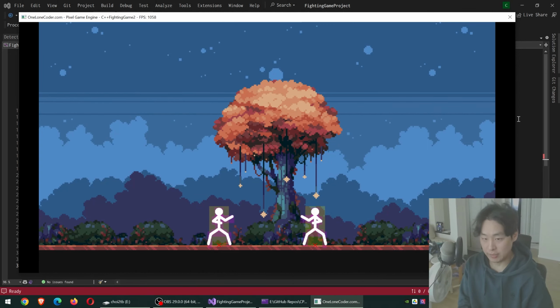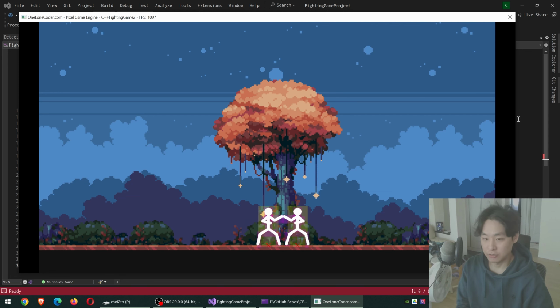Hitboxes, along with hurtboxes and AABB collisions, are some of the most fundamental mechanics in a 2D fighting game. I have a link below if you don't know what AABB is. For this video, I rewrote the script for the hitbox editor.